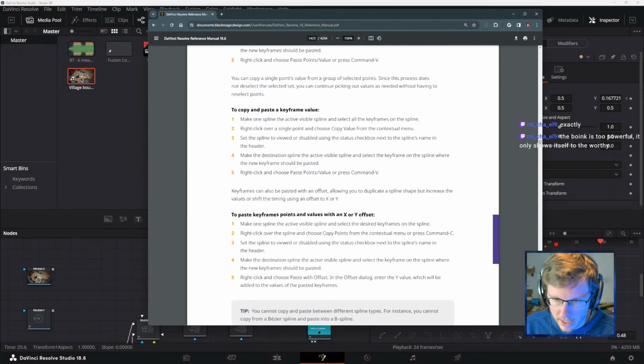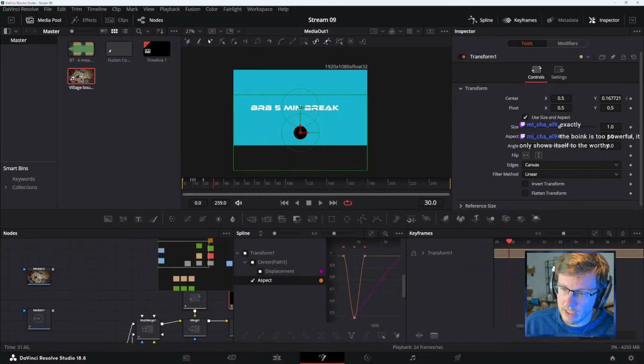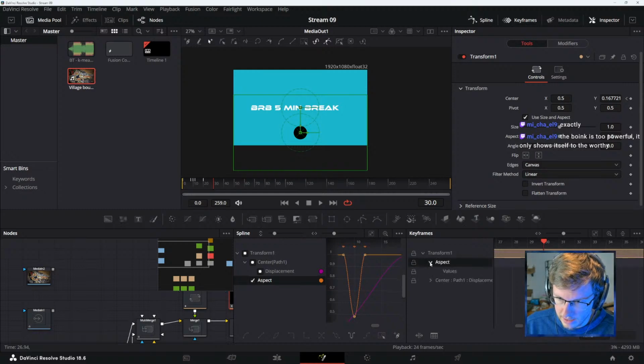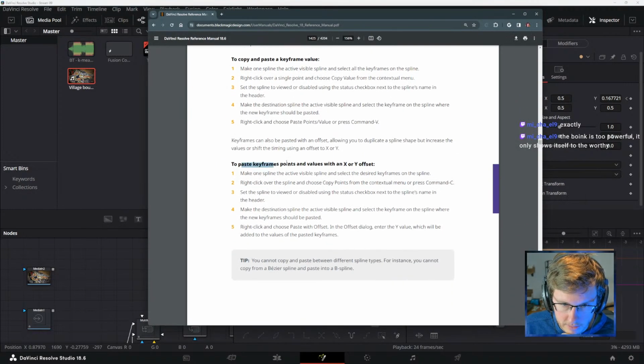If you're editing in the keyframe place, and you have a keyframe that is using a time offset, then it gets confusing for calculating these things. If you want to paste the keyframe points and values with an X or Y offset, is that what it's...? I might be reading that wrong.